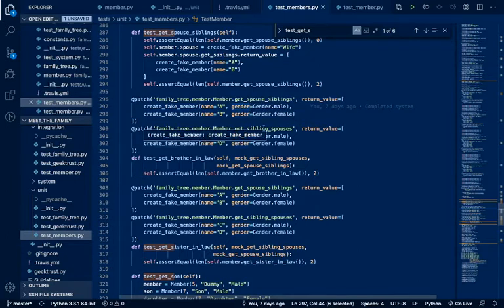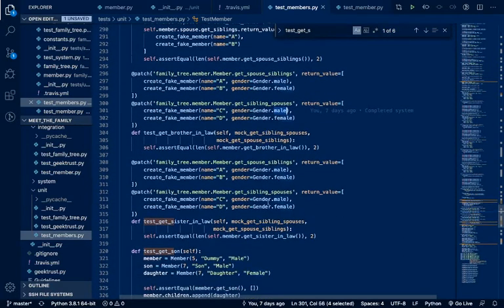Then in get sibling spouses we do the same thing. We give two values, male and female, right? And when we call get brother-in-law, we get a result of 2 because we have a male here and a male here. The females are not considered. When we do the same thing for sister-in-law, we get a length of 2 because we get only 2 females, right? So 2 females and 2 males.